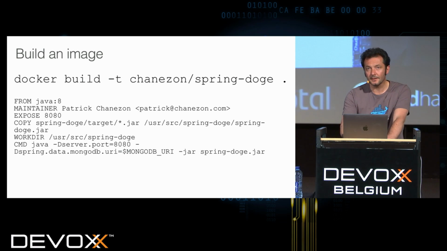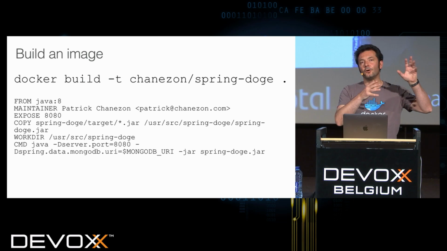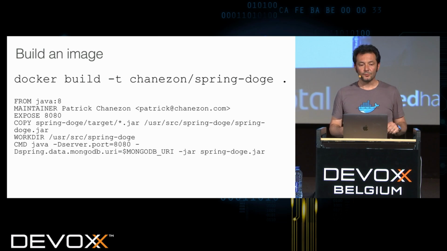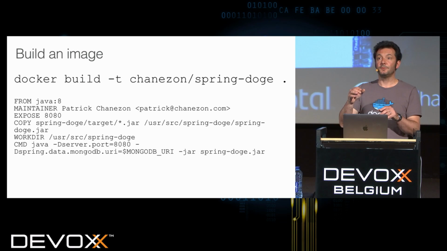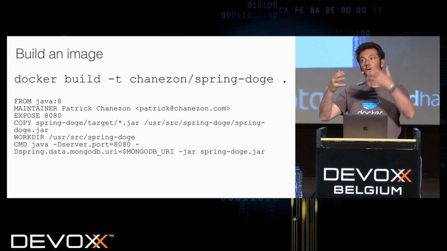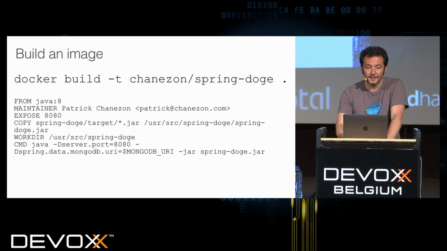It demos really well, and it shows a lot of the things that you can do with Spring Boot, and it was very easy to Dockerize. So here I'm inheriting from Java 8. I specify who the maintainer is. I expose port 8080, so that's exposing the internal port to the outside. So when I do a Docker run, I'll be able, with -p, to override the port to map it to a different port on the host machine.